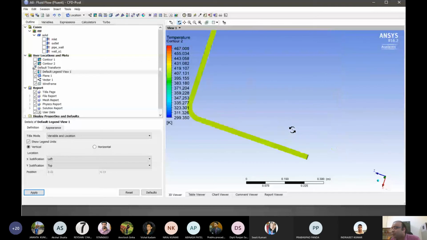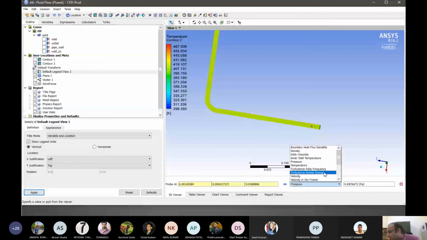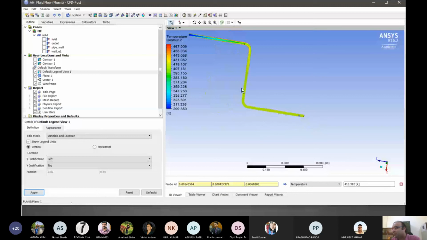So ultimately the temperature we finally get, if you probe this and see what is here, the temperature here is basically 416. So a very high temperature, I think, because we have kept it that way.